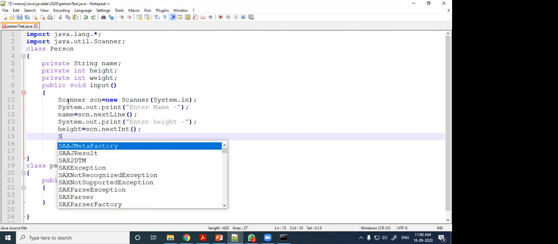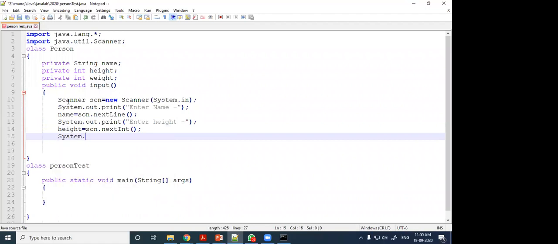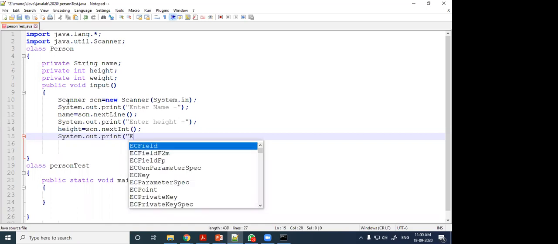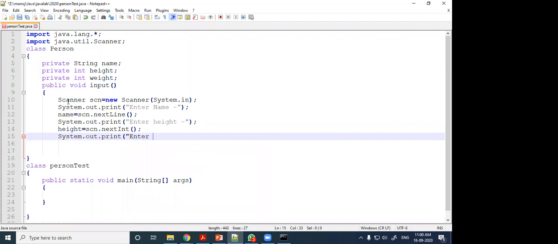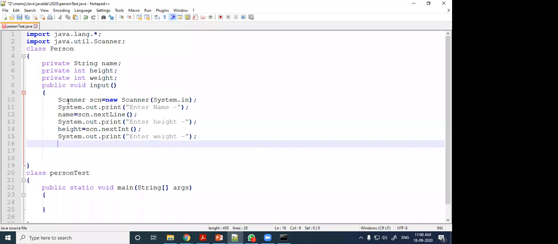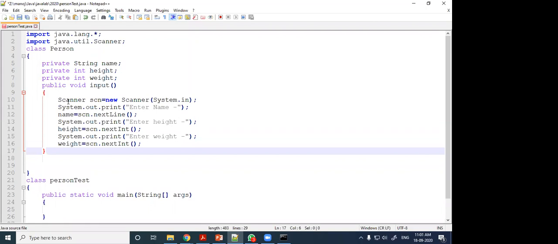Then System dot out dot print, enter weight. If I write something wrong, then interrupt me. Weight equal to scn dot next int. Okay, name, height, weight, I have entered.